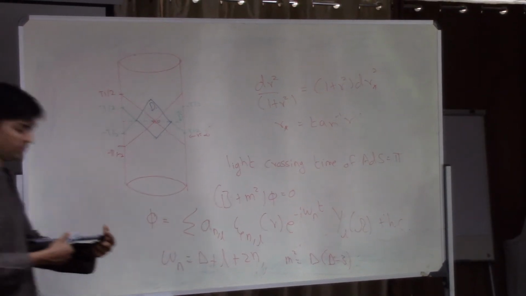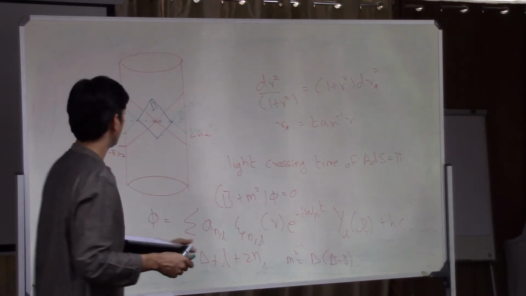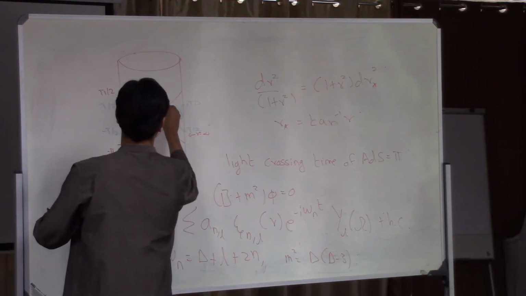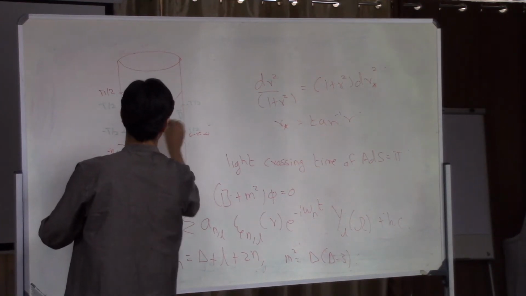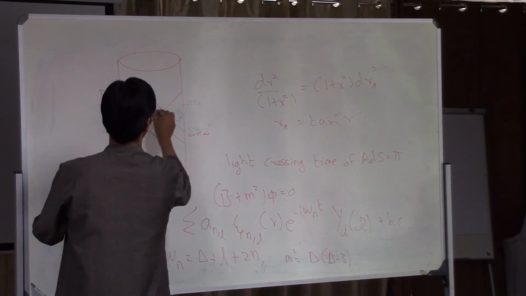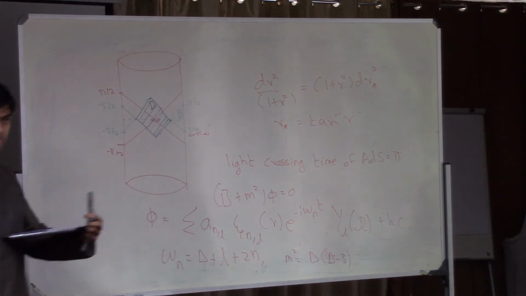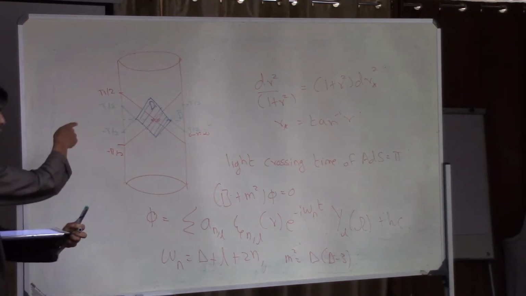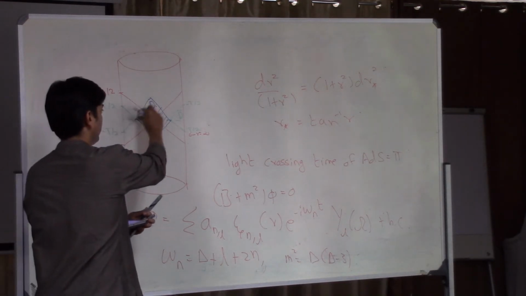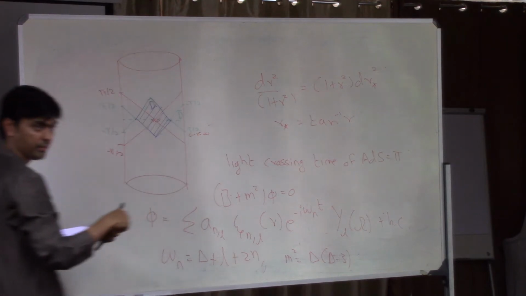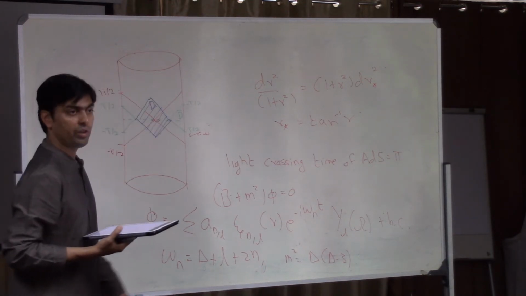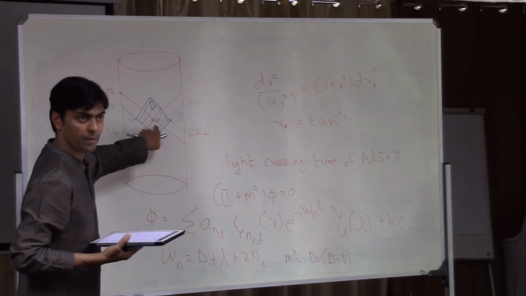Yes. So D is just the upper part. No, D is the full diamond. It's the full blue diamond. All of these parts are disconnected causally from here. They're all separated. I'm not drawing it very well, but there's a causal wedge and then there's a diamond which is complementary. Okay. In particular, the point r equal to 0 lives in the middle of this diamond.